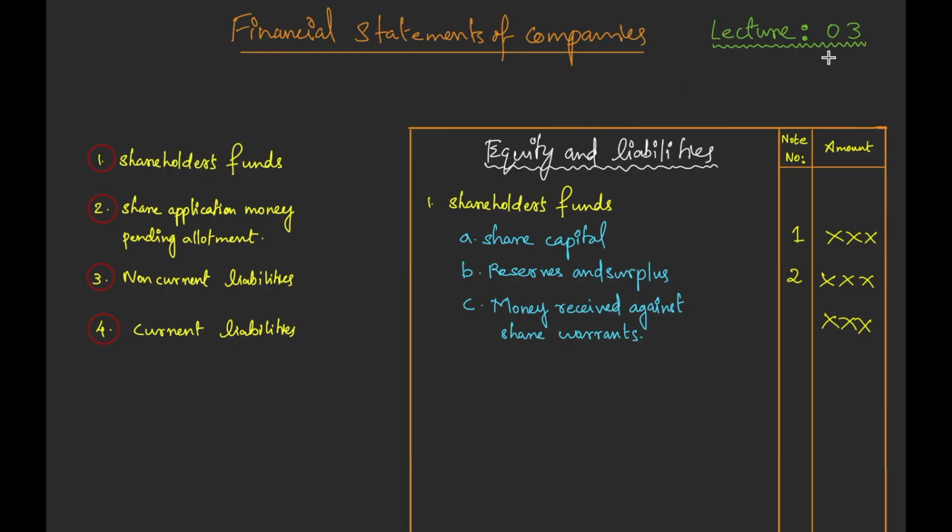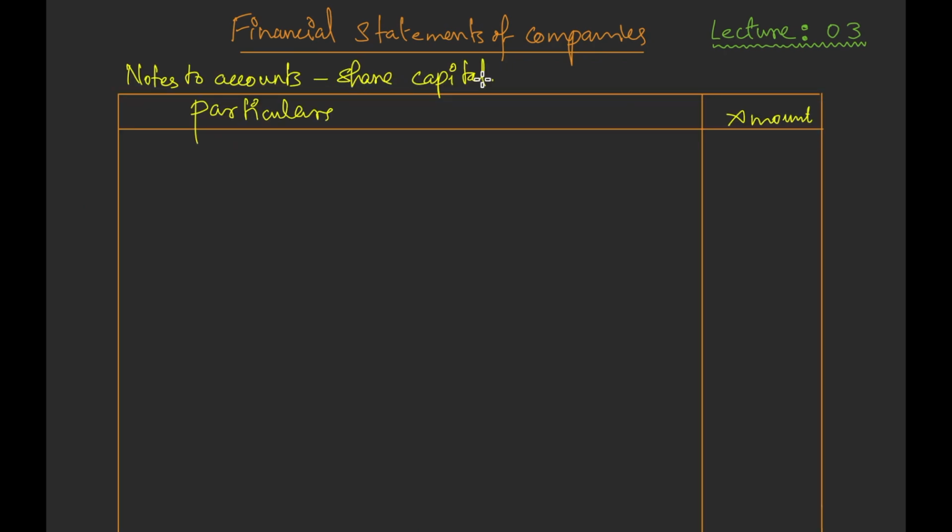This is lecture 3 of the chapter Financial Statements of Companies. In this lecture, we will discuss the items under share capital and reserves and surplus under notes to accounts. Under share capital in the notes to accounts, we should provide details of different types of shares of the company,